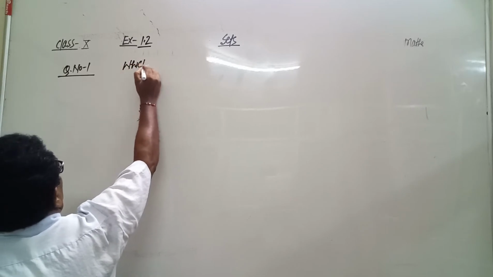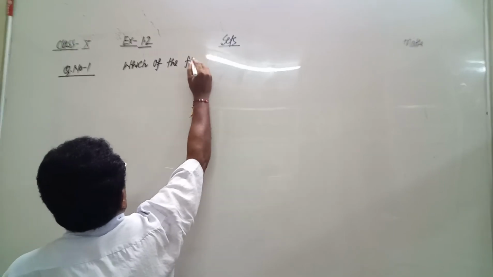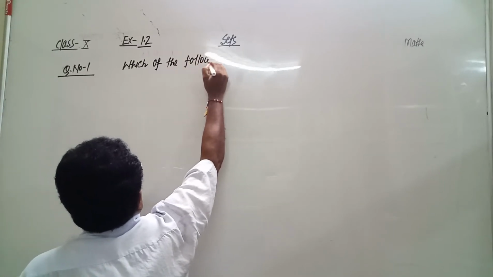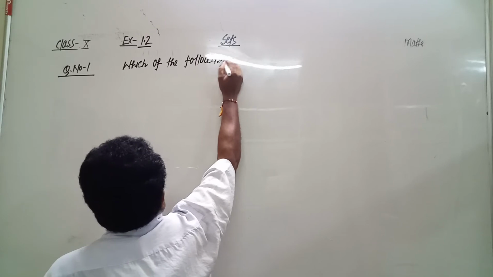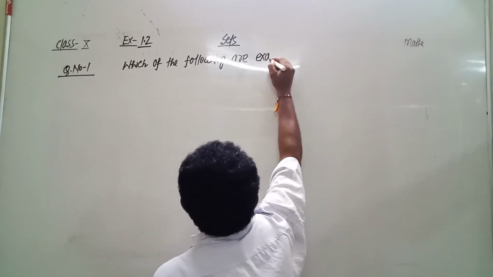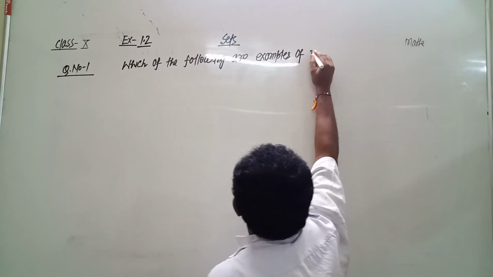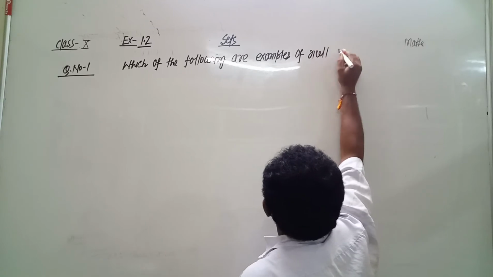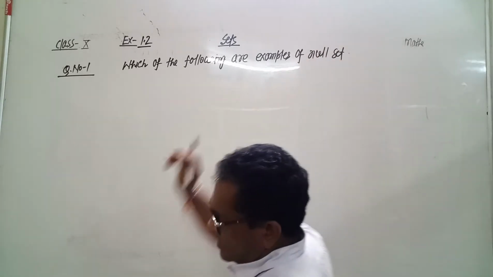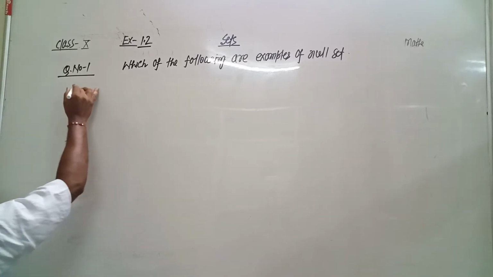Which of the following are examples of null set. Null set or empty set. Null set means a set having no element is called null set. The first part is